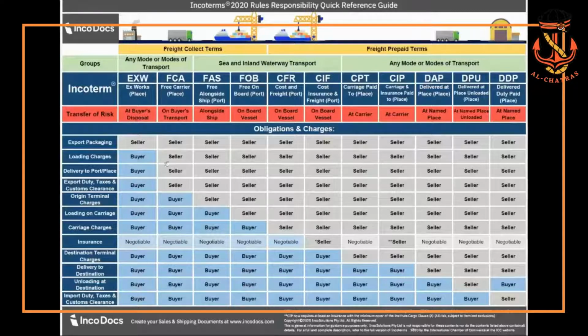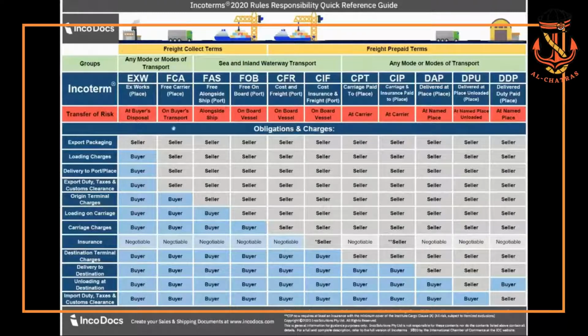So starting from the left is the first Incoterm EXW, which means Ex Works or Ex Warehouse. If the buyer and seller agree to sell goods on Ex Works terms, then the seller's obligations are simple. The seller will only cover the cost of the goods and the export packaging Ex Warehouse. So the seller will manufacture the goods and have them packaged and ready for collection from their warehouse. From then on, all additional costs and risks involved in transport away from the warehouse is covered by the buyer.